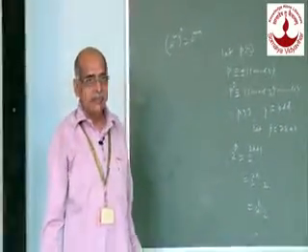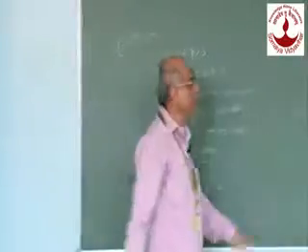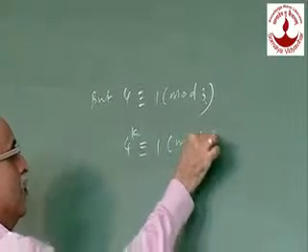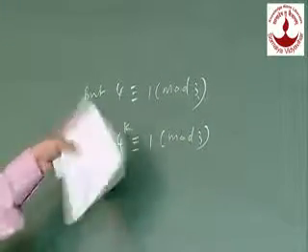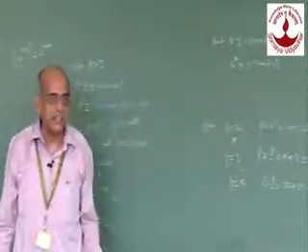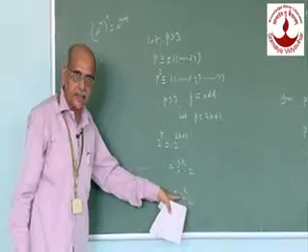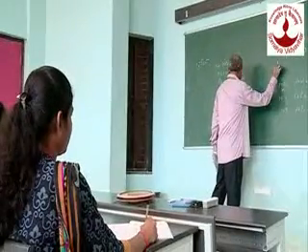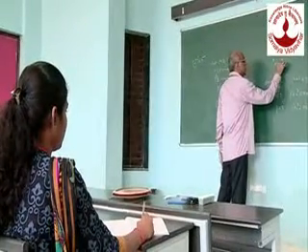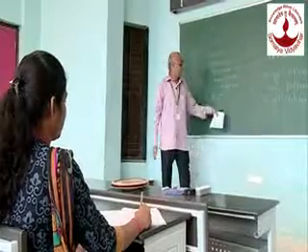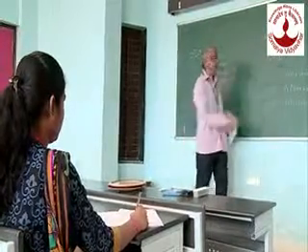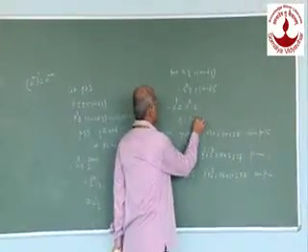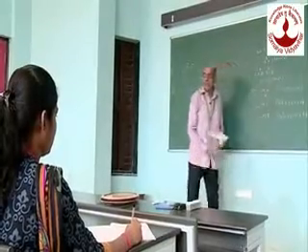Agreed? 4 minus 1 is 3. The difference is also divisible by 3, and therefore 4 power k is also congruent to 1 modulo 3. Raise to the power k: 1 power k is the same as 1 itself. Therefore 2 power p, which is written as 4 power k into 2, is congruent to 1 into 2 modulo 3.